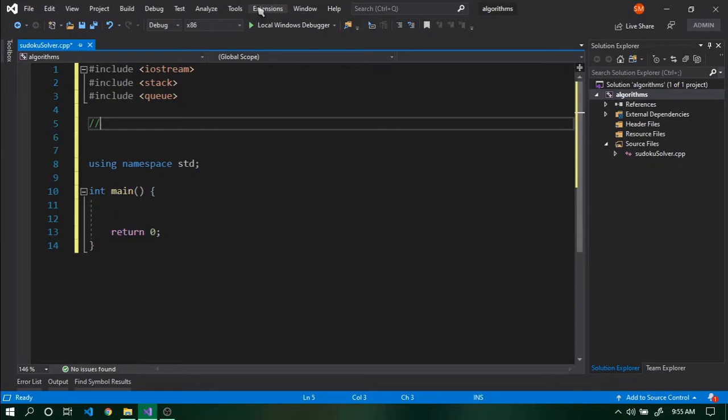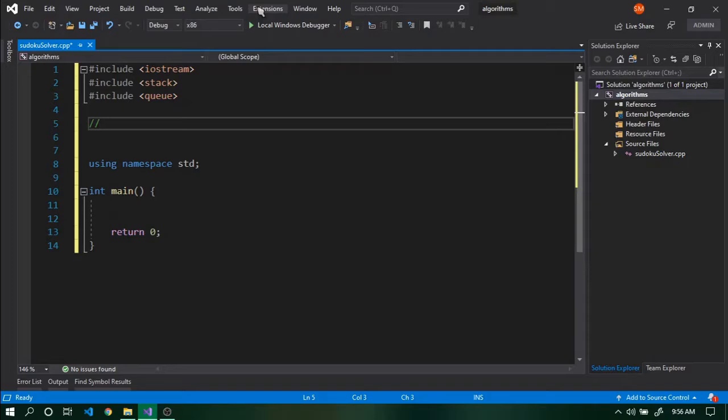So let's say you have a container and you are putting some value into that container, and then you are getting those values out of that container. When you are putting that value into the container, this operation of saving the value is called push. And whenever you are taking that value out of the container, this operation is called pop.